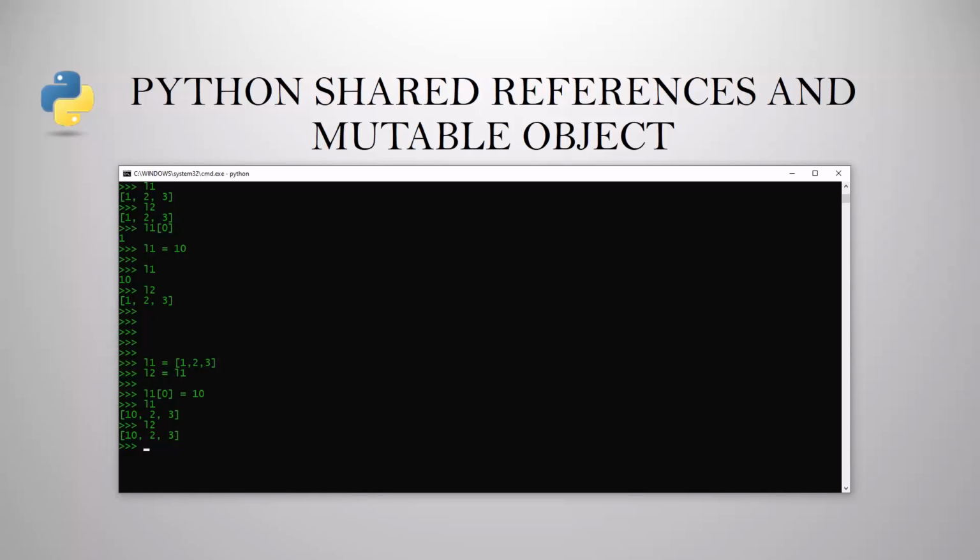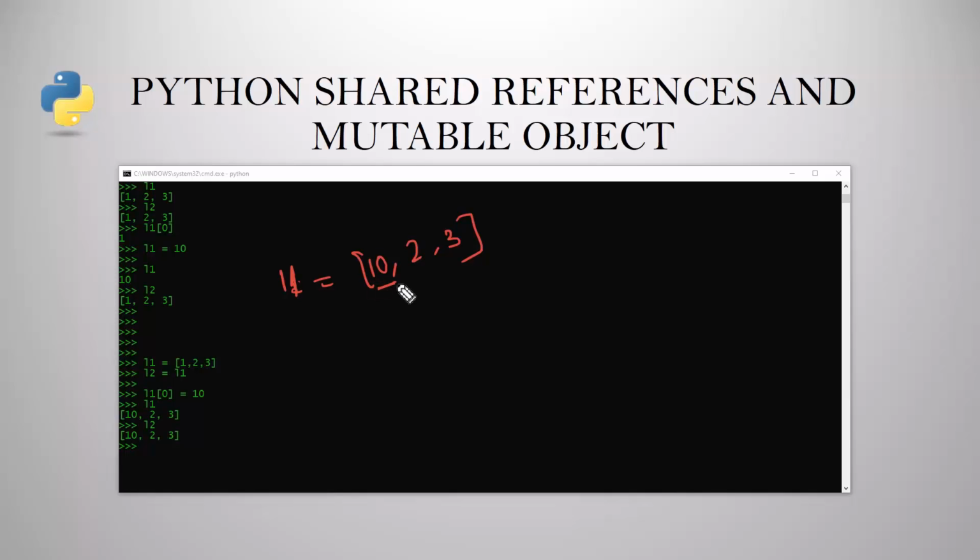Because, as we have just seen in the previous example, when we changed L1 to 10, L2 remained the same. But here, when we modified the list in place, the other name referencing the same object got changed. The reason is that when we set L1[0] to 10, we have changed a component of the object that L1 is referencing.